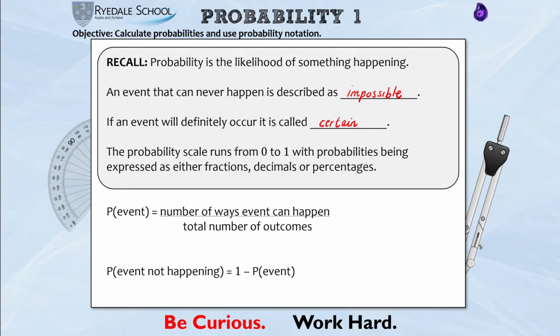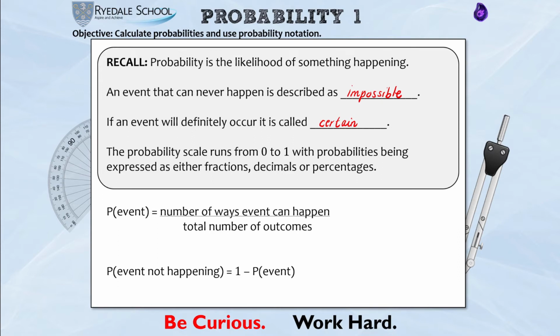Now, there's two formulas that we're going to be using today, and it's very likely you'll have met the first formula last year. And this is why quite often when we deal with probabilities, we will use fractions because of this formula. The probability of an event is the number of ways that outcome can happen divided by all the different things that can possibly happen, and we'll see how we can use this in a moment.